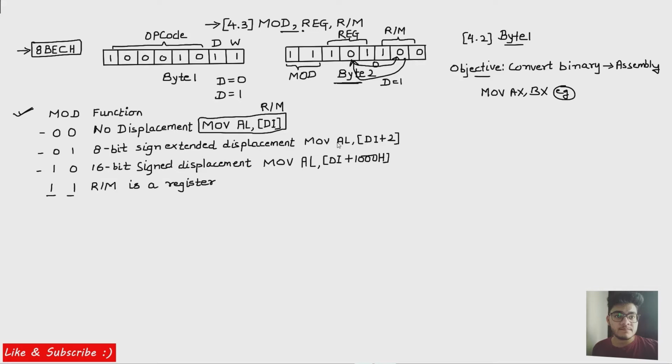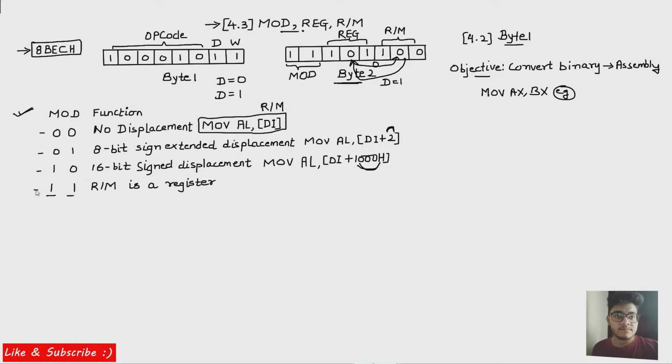An example is mov al, and you can see that we have a displacement here, which is 2, an 8-bit sign-extended displacement. In case of 10, we have a 16-bit displacement. So in this manner, we decide whether there is a displacement or not, right?